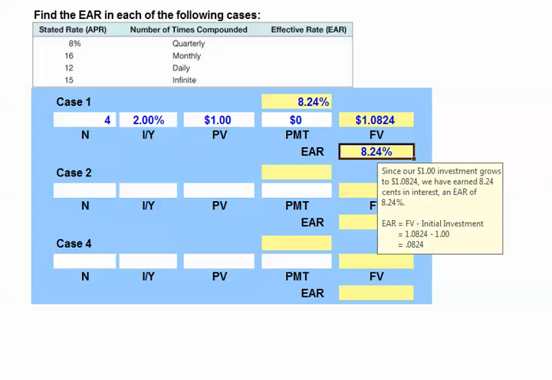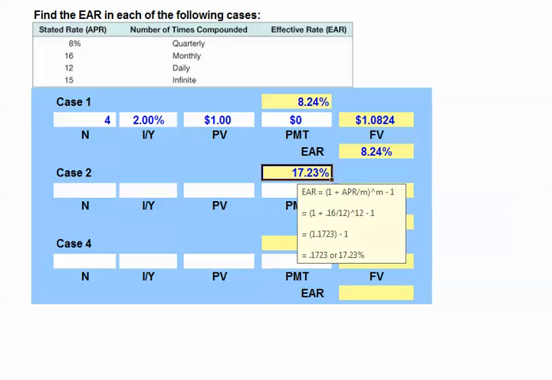represent the initial investment. In case 2, we're given a 16% APR and told that we have monthly compounding. To use our mathematical formula, we would have the EAR equals 1 plus 0.16 divided by 12 to the 12th power minus 1. Solving for this, we get an EAR of